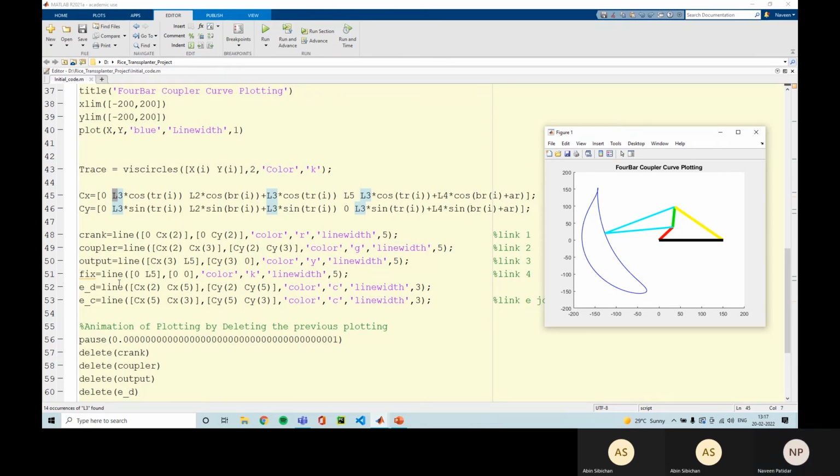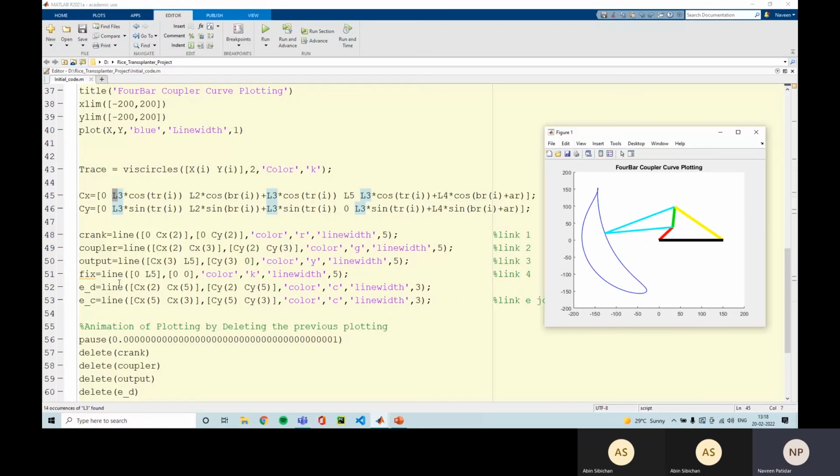For the output, Cx of 3 and L5, Cy of 3 and 0 are the coordinates. We'll use yellow color and line width as 5. And for the fixed link, using the line built-in function, we'll give the coordinates 0, L5, 0, 0, and we'll use black color and line width as 5.